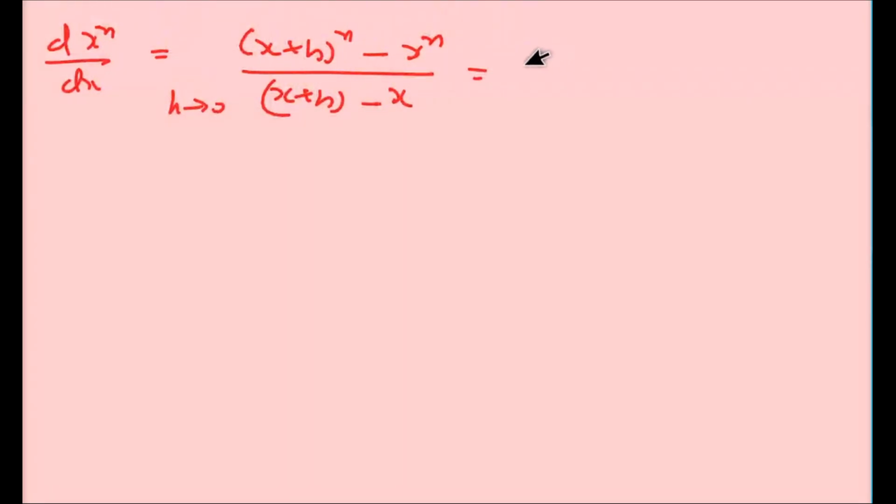Now we know the formula by limit, using here a, so we can write n x to the power n minus 1. Okay, now if we use the formula, that is the polynomial functions x square, x cube and so on,